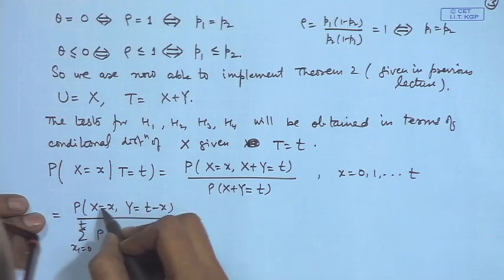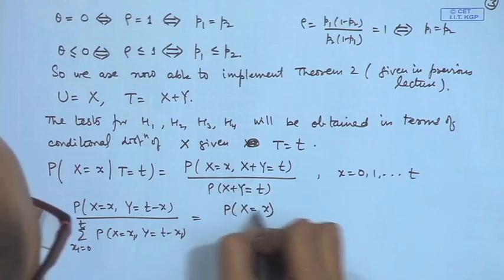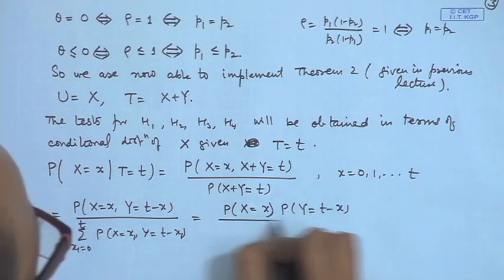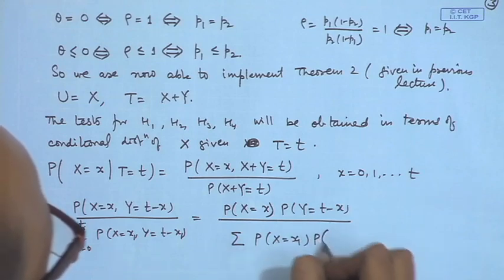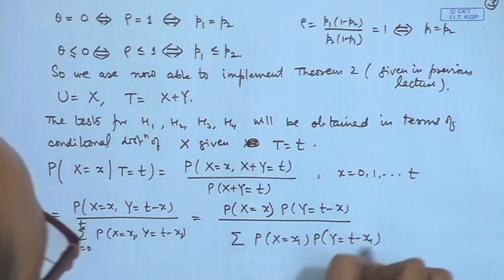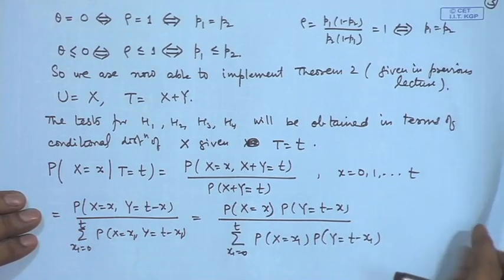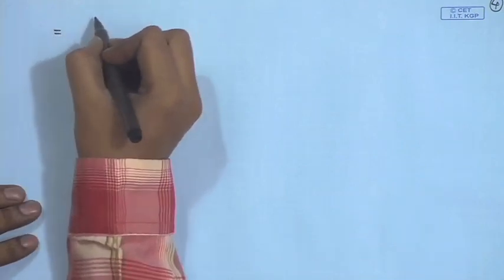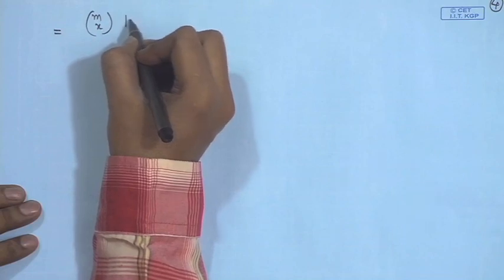Since x and y are independent here, this becomes the product of the probability that X equals x and the probability that Y equals t minus x, divided by the sum over x1 of the probability that X equals x1 and the probability that Y equals t minus x1, for x1 equal to 0 to t. And the distributions of x and y are known. So, we can substitute these values and we will get this is equal to m c x p1 to the power x